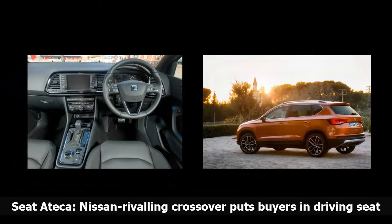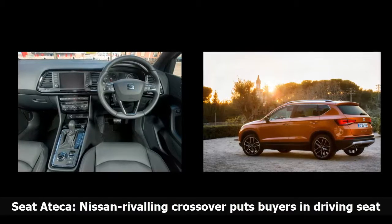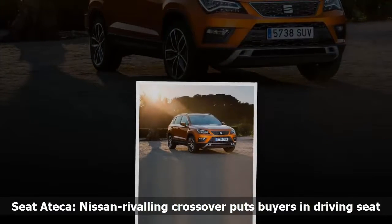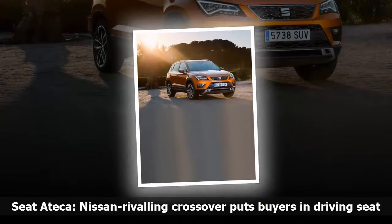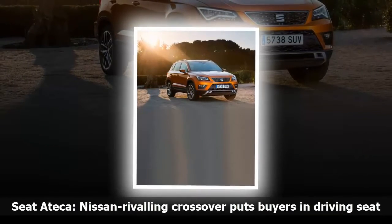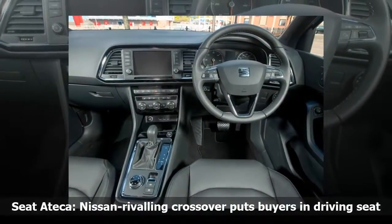FR spec is distinguished from the other models with 4Drive as standard on 2.0 liter engines, a more muscular exterior design including 18-inch alloys and a more sophisticated interior. It comes with body-hugging sports front seats with Alcantara upholstery and a grippy leather-trimmed steering wheel. The Ertiga FR range is priced from £24,960 to